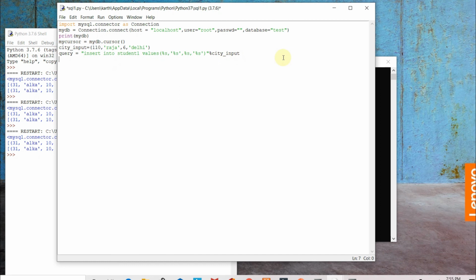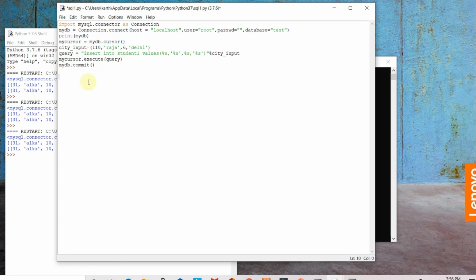Now after this query is over, I need to have my cursor dot execute query. What to do is, we need to commit using the database connectivity object. So my db dot commit.